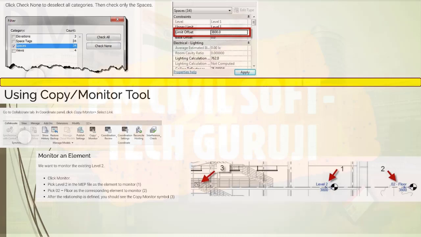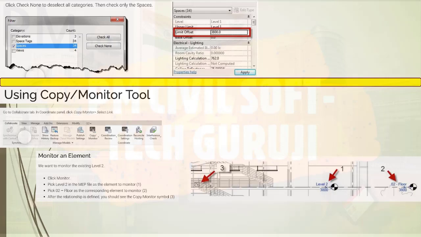It is the main function of the Copy/Monitor tool to check or monitor. As soon as there is a change in the architecture model, Revit should alert us to make the same changes in the MEP model. Open the section view we created.